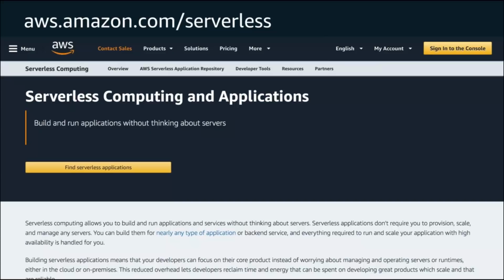Pretty much everything that I've talked about here today, though, could be found at our main page for serverless at aws.amazon.com/serverless. We have links to developer tools, to resources such as other webinars, blog posts, talks that have been recorded at events that we have, as well as links to various third-party frameworks in the developer tools space, and partners of ours across both the ISV and SI consulting space. I encourage you to head there to find out more about serverless if this is a space that you're just getting into.